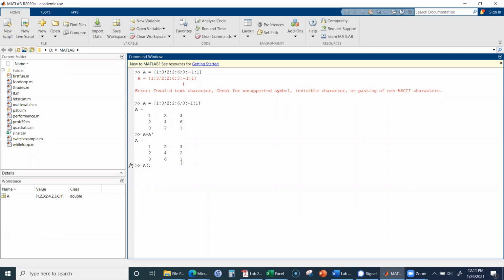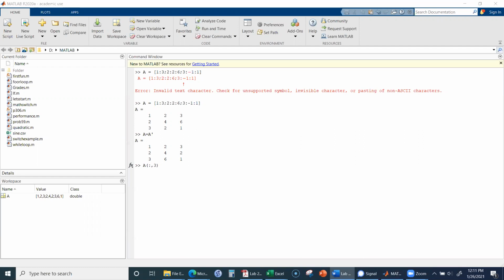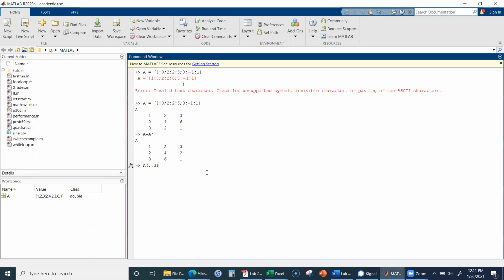Colon, comma 3, and then this is here. So if I use this command over here, what am I going to get? For example, over here now I am referring to A, and you can see that I am